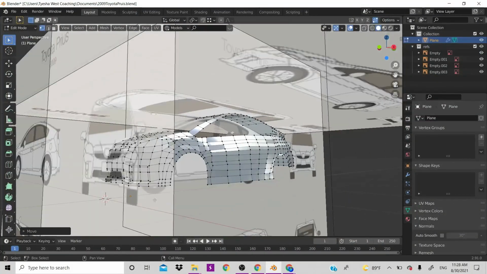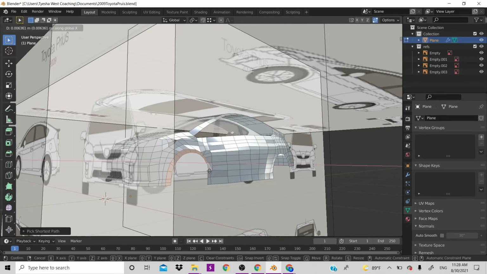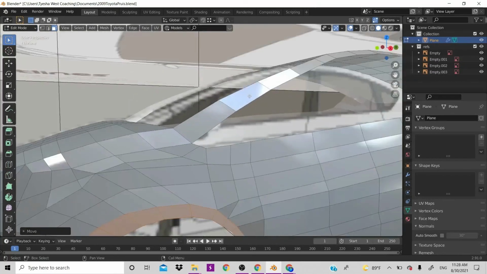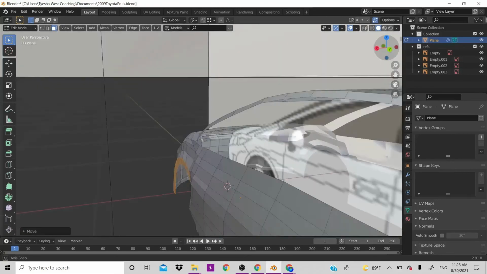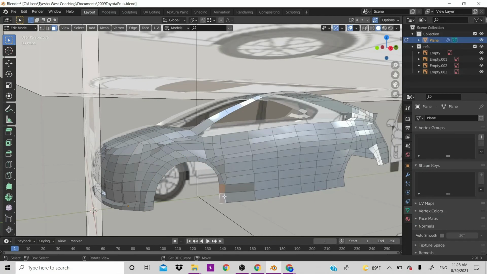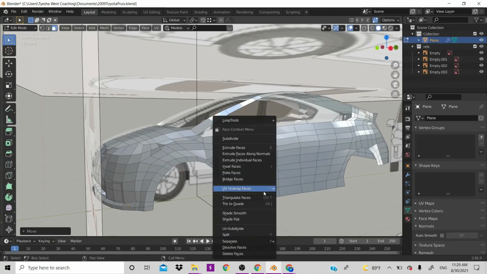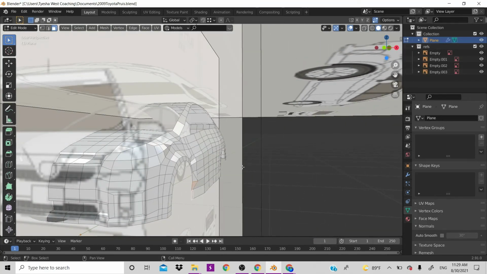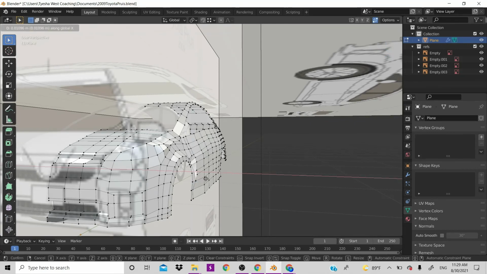So yeah, you can see we might have to grab out the fenders, but it's not going to be a wide body thing or anything like that. So just grab it out a bit, see how that looks. Makes it look a tiny bit like wide body, but even then it just actually looks like a regular fender now. Before, it looked like a Toyota Prius that was trying to be a sports car. That's what it looked like. But you're just gonna grab some vertices, get this one back here, and yeah,